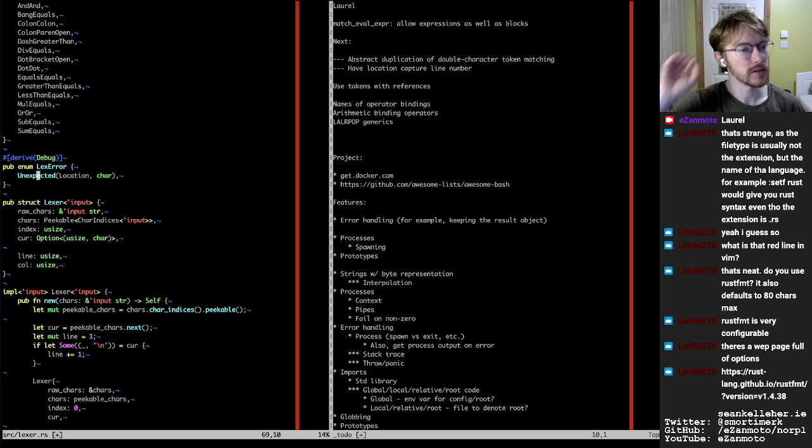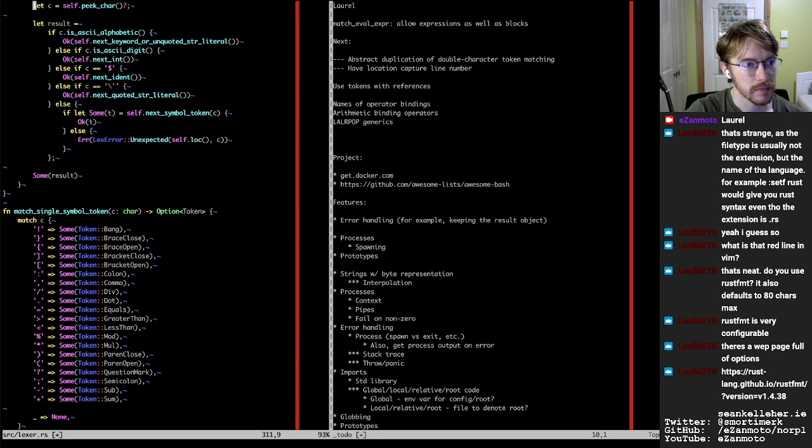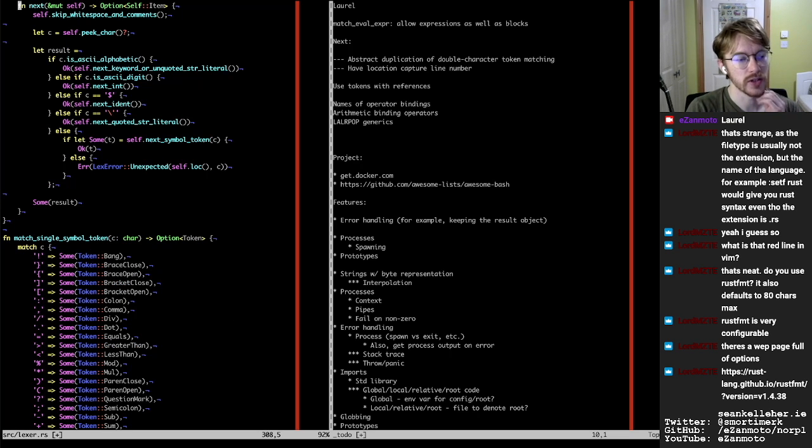Seems a bit unnecessary to have the Lex error be an enum, since there's only one case, and it kind of makes sense that the only Lex error that is possible is an unexpected character. Because all it's doing really is saying take a string, read the next couple of characters, and see what the next token amongst them is. And the only thing that we can really fail on is if the very next character is something that we don't support, because any other condition really,